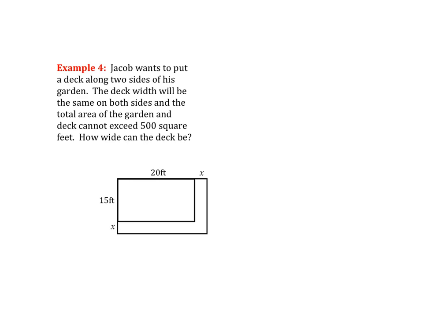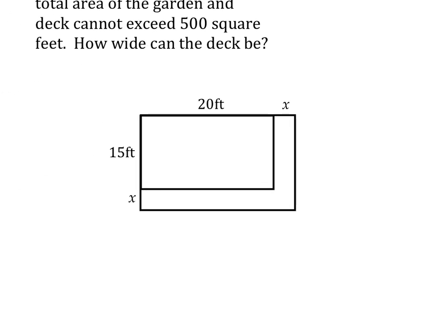Well, let's see here. It says the total area of the garden. I'm assuming that means all-encompassing, right? Because the garden itself is just 300, right, if I did 15 times 20. So all-encompassing cannot exceed 500. Well, let's mark this thing up. If I think of this as just a jumbo rectangle,